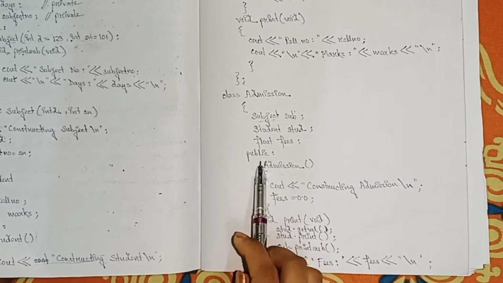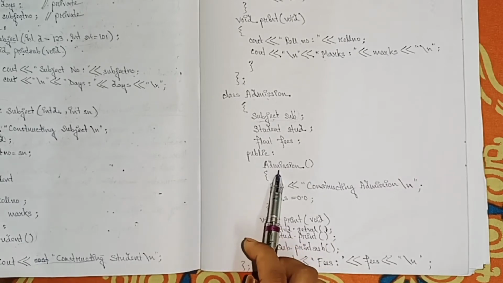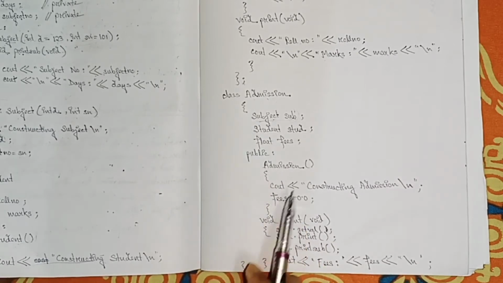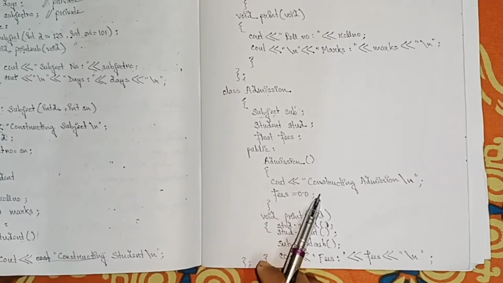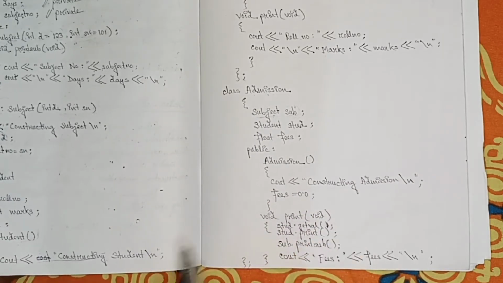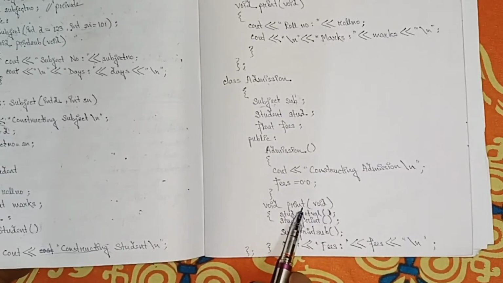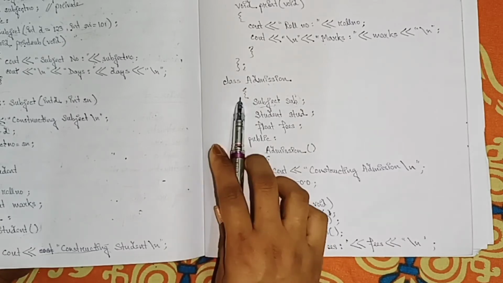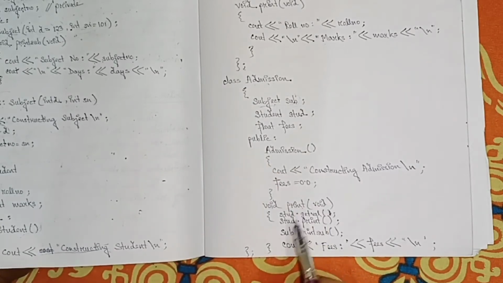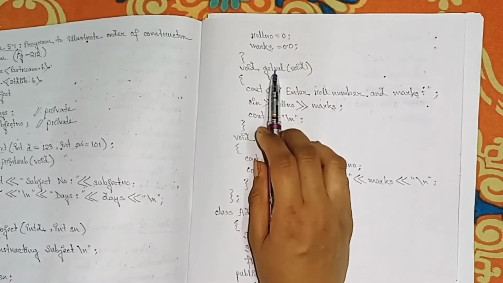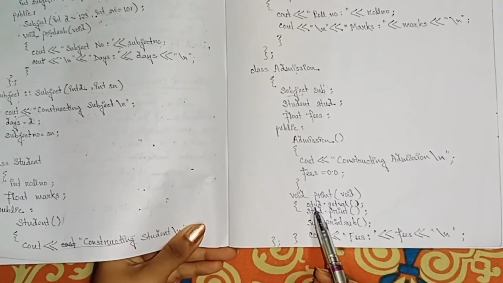Now the public section defines a constructor. This is a default constructor for the class admission, and it is outputting "constructing admission", and fees it is initializing to 0. Now void print, this is a member function used for this class admission. This is taking the object value and it is invoking first the getVal function, because stud is